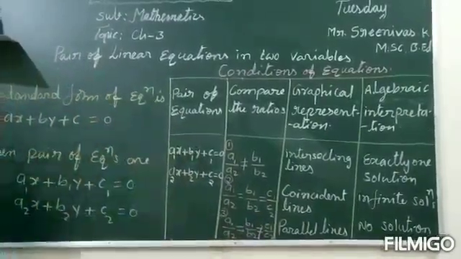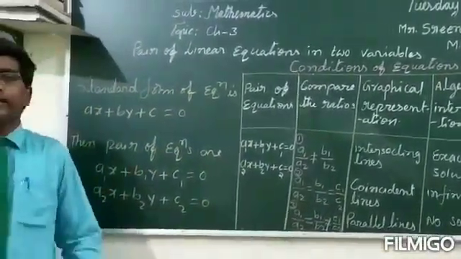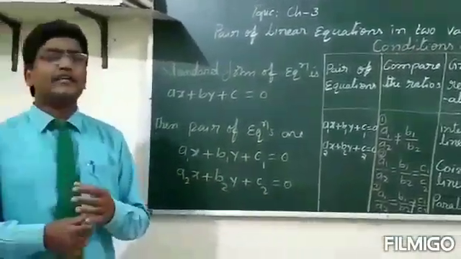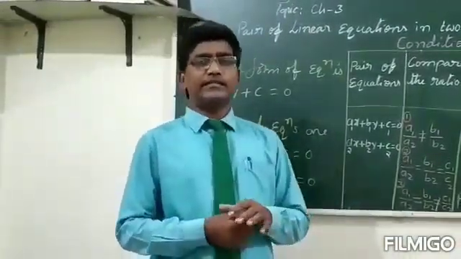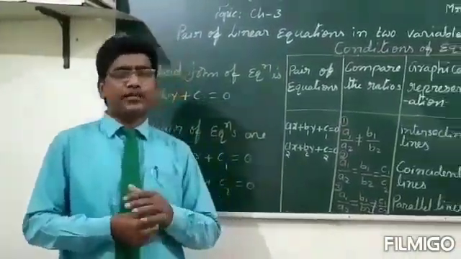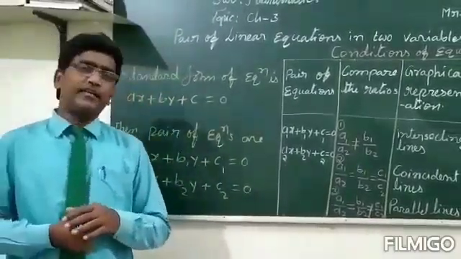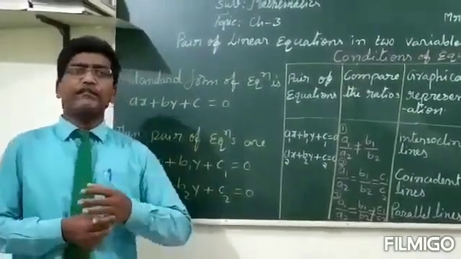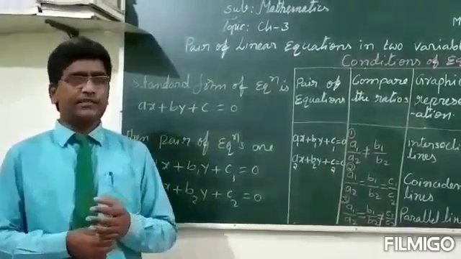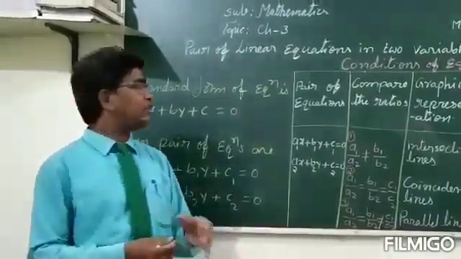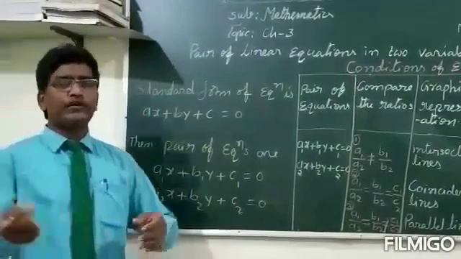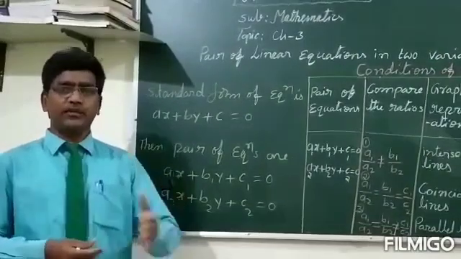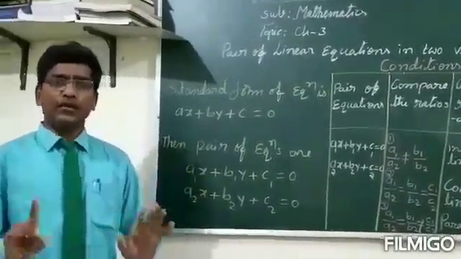So we can solve these equations in many methods. Here in our textbook 4 methods are given. First one is the graphical method, second one is the substitution method, third one is the elimination method, fourth one is the Cramer method, or it is called the cross multiplication method. After this we are going to solve by one method. I want to show these equations by the solutions of graphical method. So we are going to exercise 3.1 and we are going to discuss questions one by one. It contains 3 questions. We are going to solve question number 1.